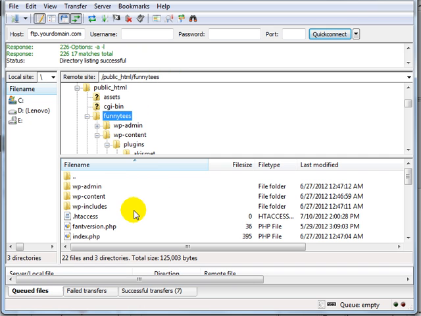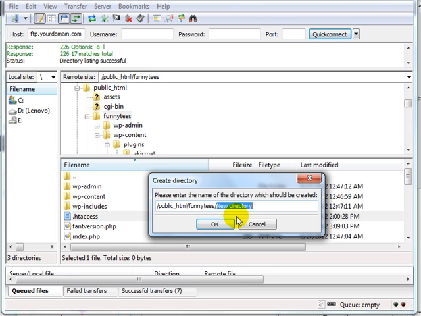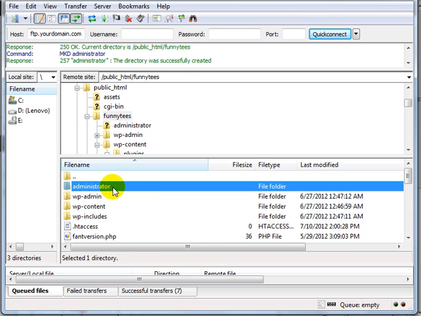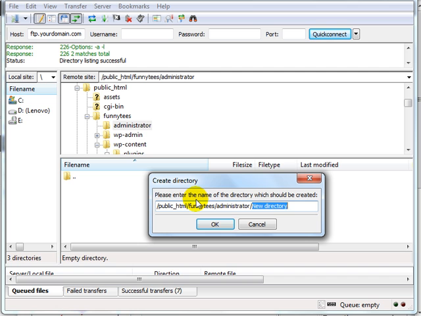So what I need to do is create a new folder here. So I right click, click Create Directory, and then enter the directory. So I'm going to put Administrator,